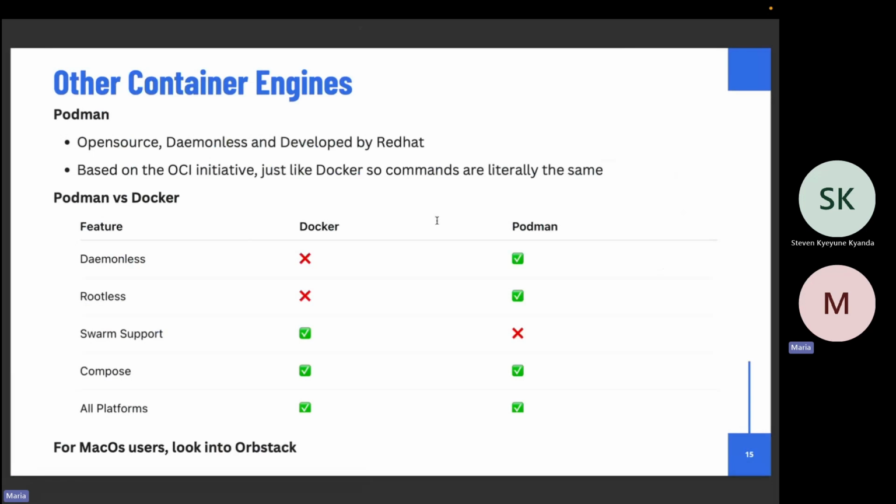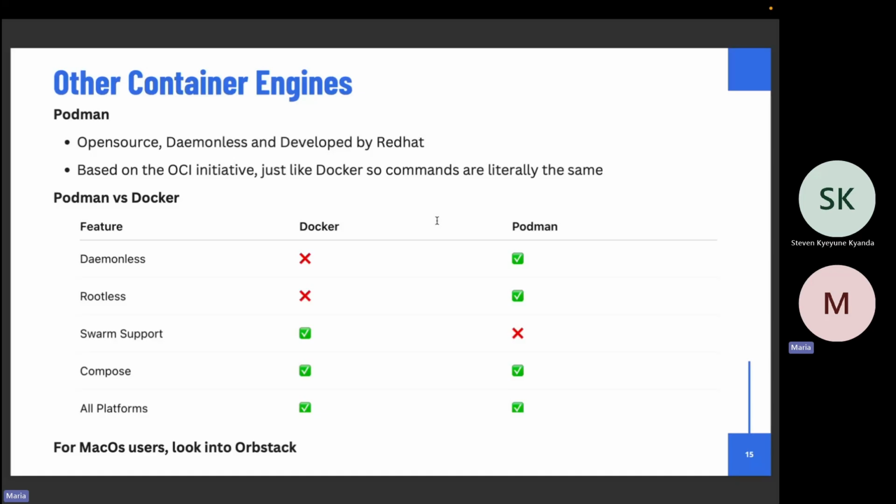Another thing that Podman introduces is the concept of pods. So it's easier to work with Kube with Podman because it already has its defined pods, unlike with Docker, where you have to create a pod for the container. We shall see that.